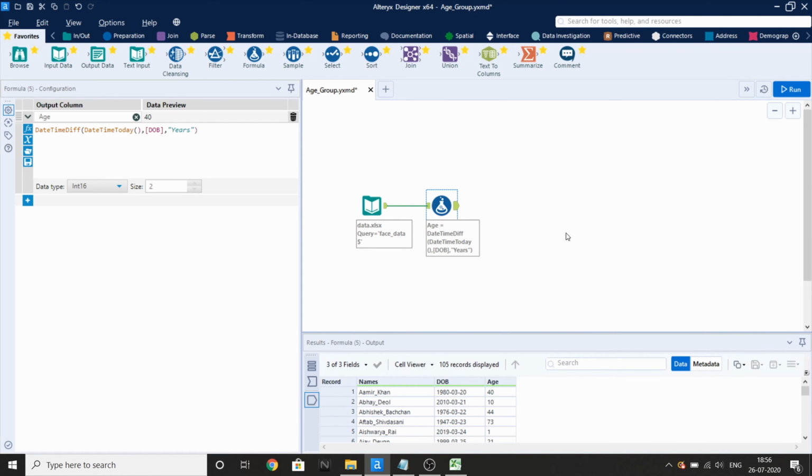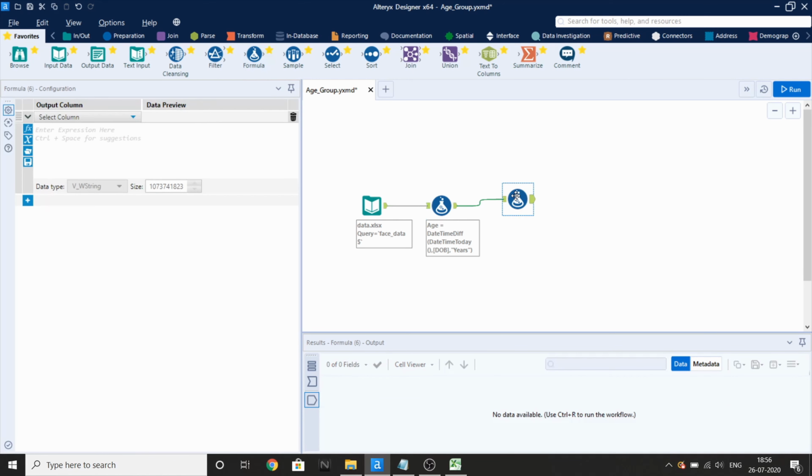Now to categorize the age group depending on the age, we need to write another formula. Let's take the formula tool. Let's give the output column as age group. We'll use an else-if ladder to find the age group. I have a formula to categorize the age group.